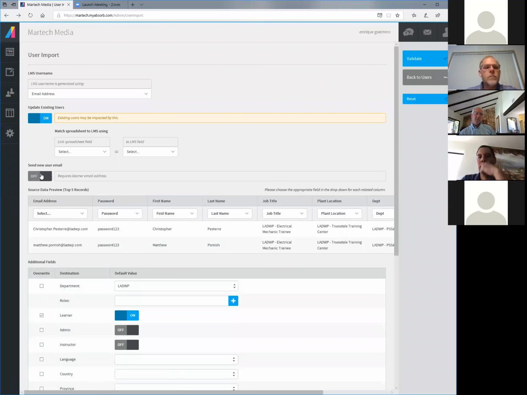Update existing, send me user email, and then on this one I'm going to do employee number so you won't have any duplicates in there. Okay, so let's